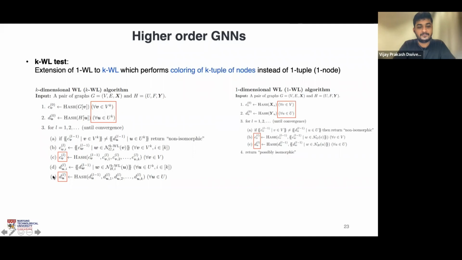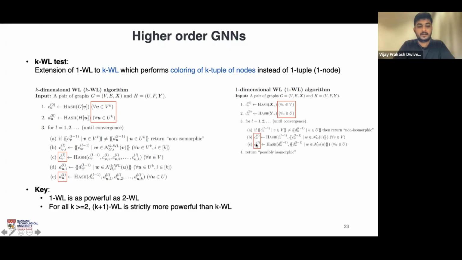So this is the main difference, and hence the coloring of the node tuple is performed finally instead of the single node. So the key thing to note here in relation to 1WL and KWL is that 1WL is as powerful as 2WL, because when we are coloring one node and when we are coloring two nodes, the coloring of two nodes would still have one hop neighbors only. So they become equivalent. And for all K greater than or equal to 2, the K plus 1 WL is strictly